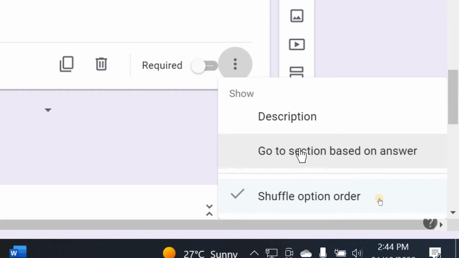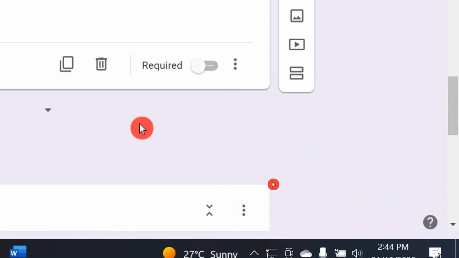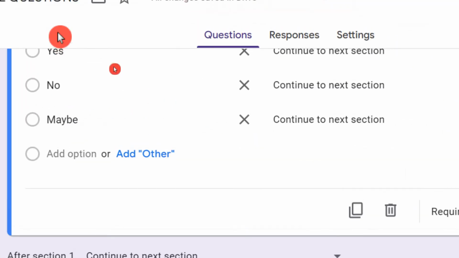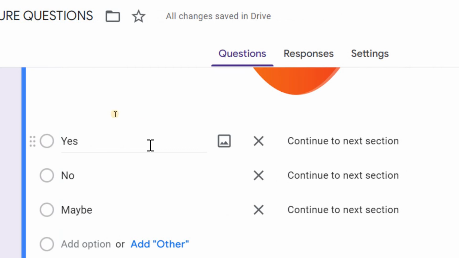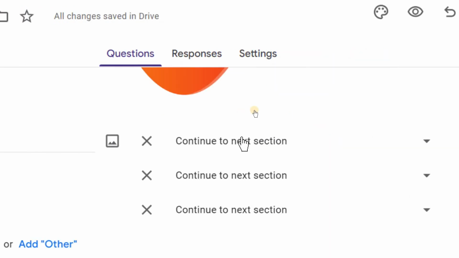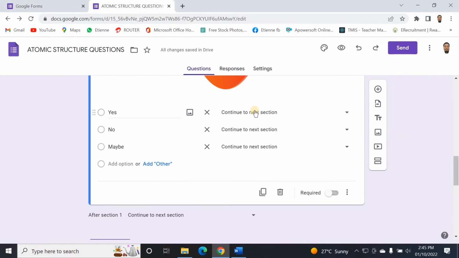I can just choose this one. Once I click there, you can see what I have here now. If yes, continue to which section. If this one choose yes, which section I just want him or her to go to,